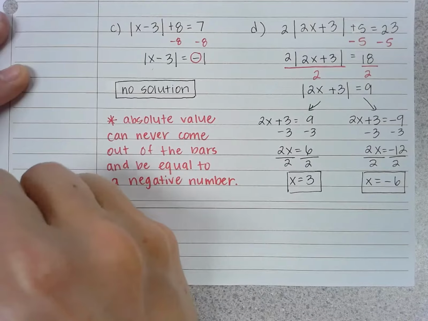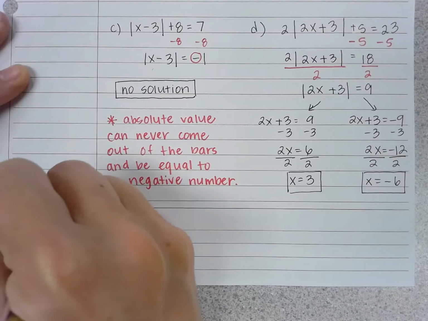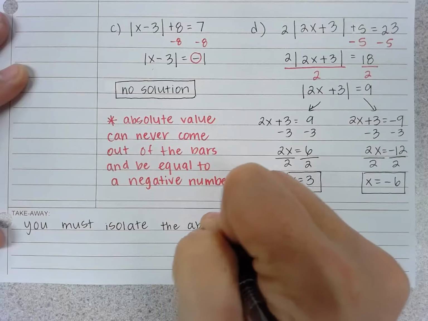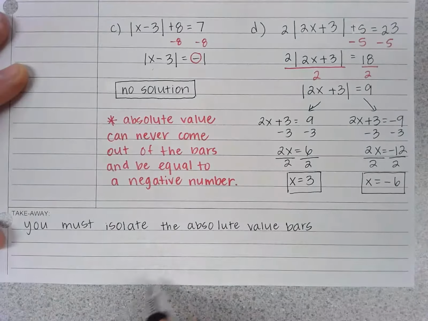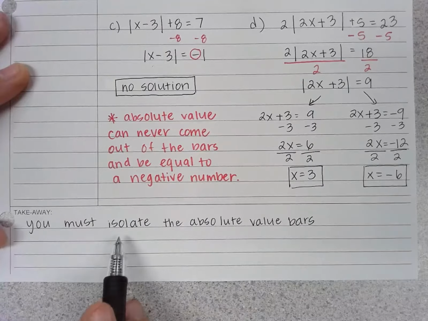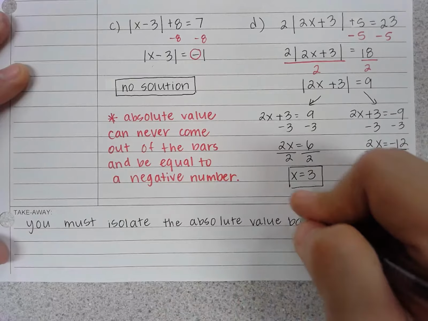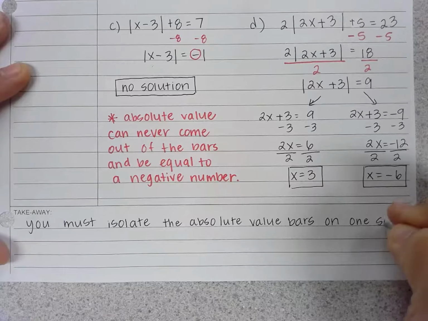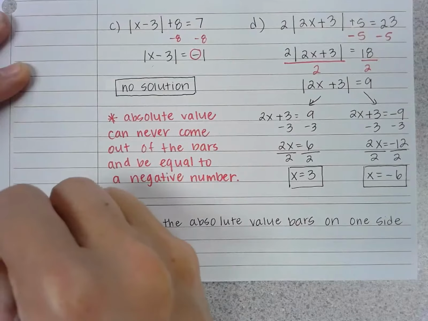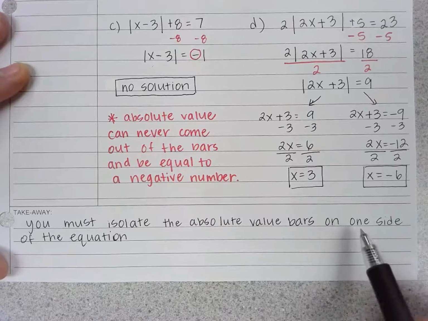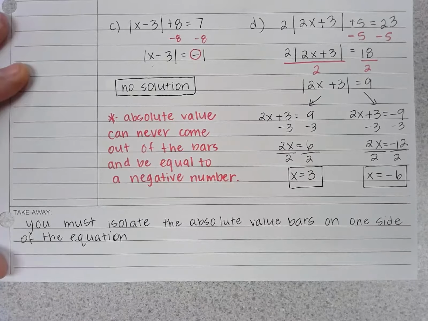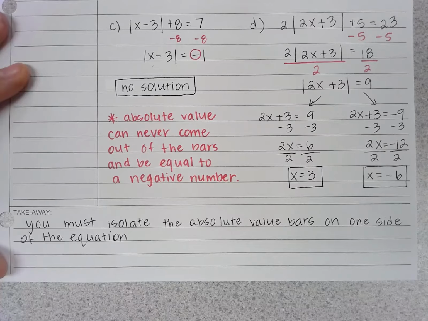So for mine, I wrote for my takeaway, I said you must isolate the absolute value bars, and remember the word isolate means that you have to get them by themselves. So it says you must isolate the absolute value bars on one side of the equation, and when we did it, our one side of the equation was on the left, but you could do it on the right as well. It's just more traditionally done on the left. So you must isolate the absolute value bars on one side of the equation before proceeding